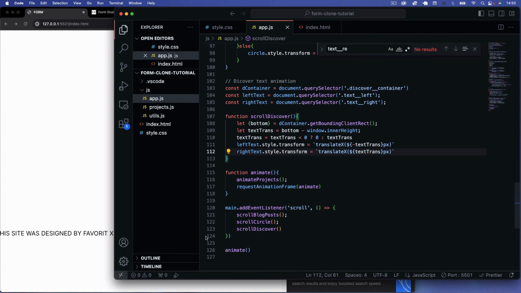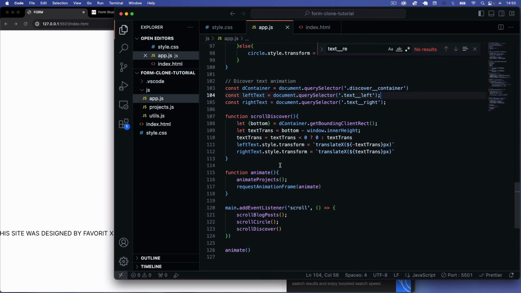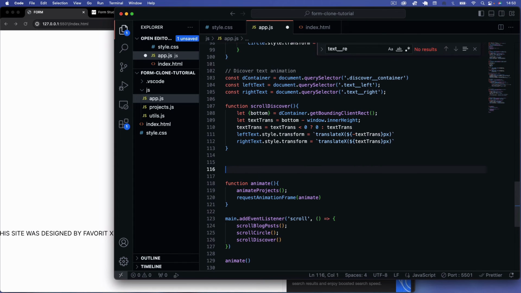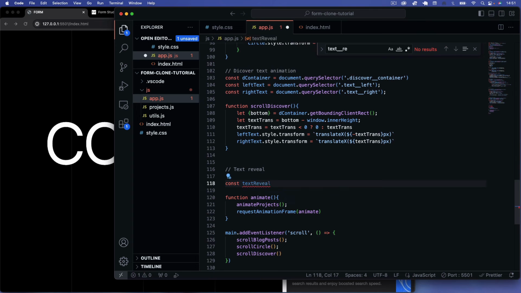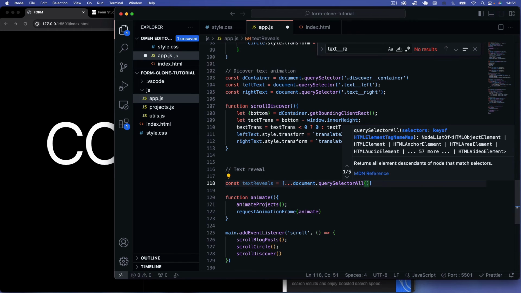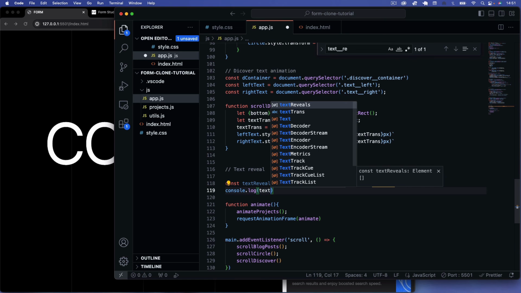Let's get this text reveal effect up and running. This is the last part of the project, really. We'll be finished then. So what we need to do is grab all of our text reveals first. We'll come underneath this scroll discover, and say text reveal. What we want to do first is get all of our text reveal sections. So we say let text reveals equal, use an array with a spread operator, document dot query selector all, and we grab all of our text reveals. So say text reveal, and now if we console.log the text reveals,